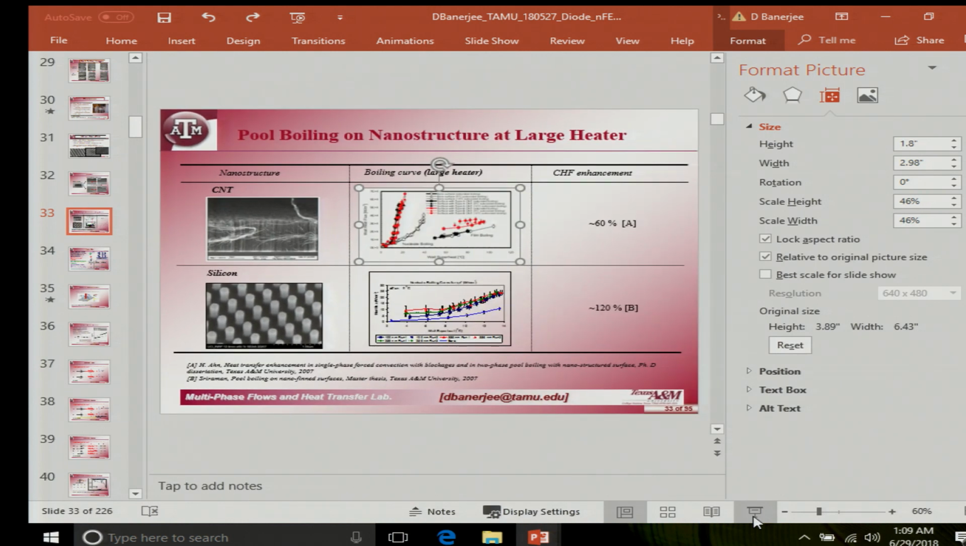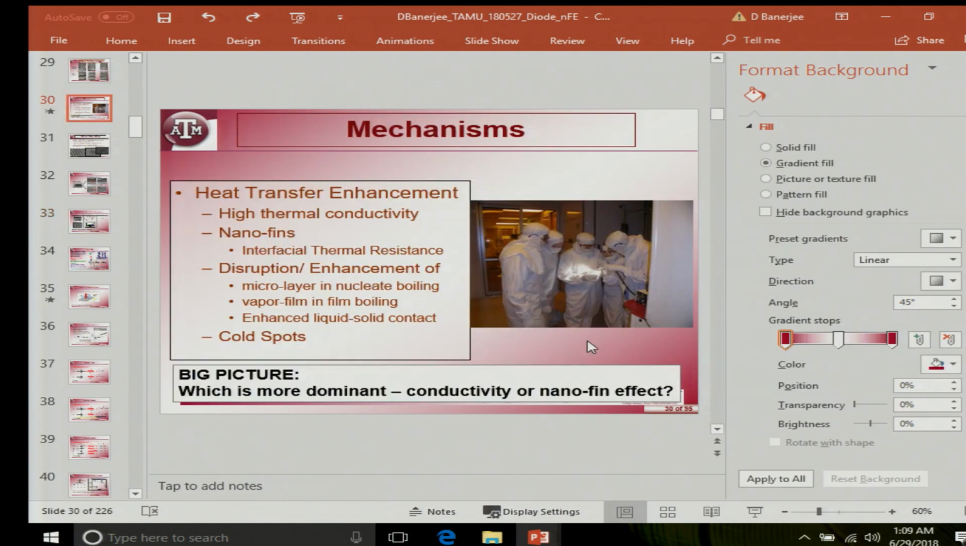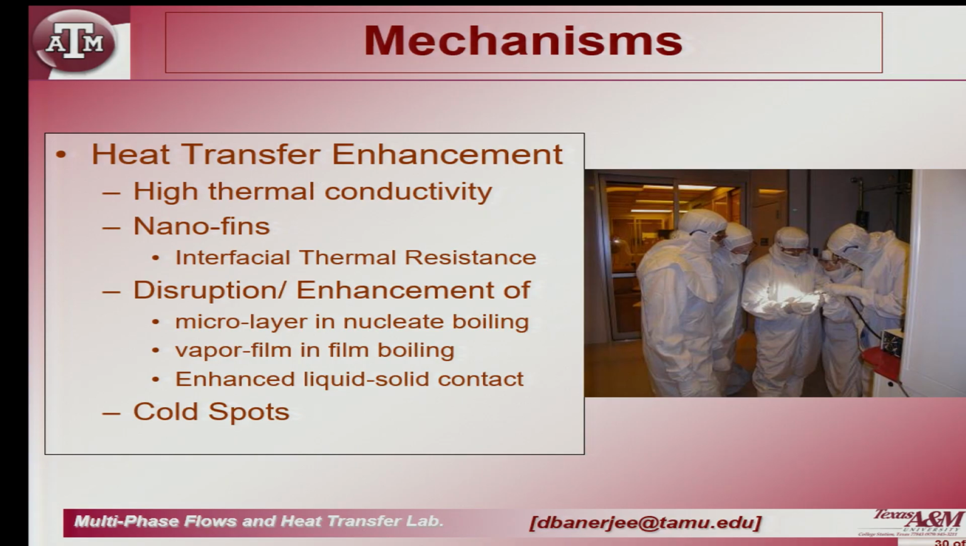Then the thought was, based on this data that we looked at, we tried to figure out what are the mechanisms that are causing the boiling enhancement. Okay. So, we started the experiment thinking, oh, it is a high thermal conductivity, therefore bigger cold spots. Okay. But then the realization came, well, these are sticking out like hair, isn't it? So, I am effectively making a fin on a surface,